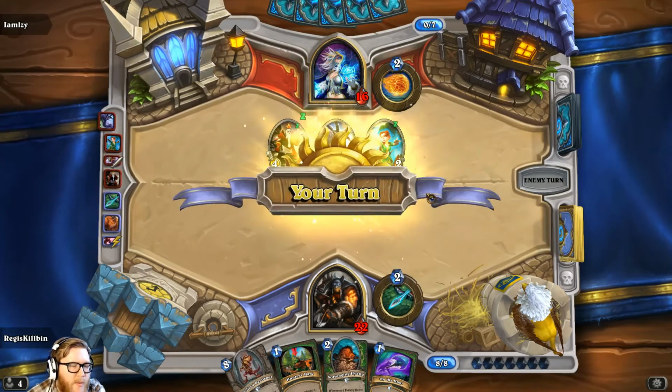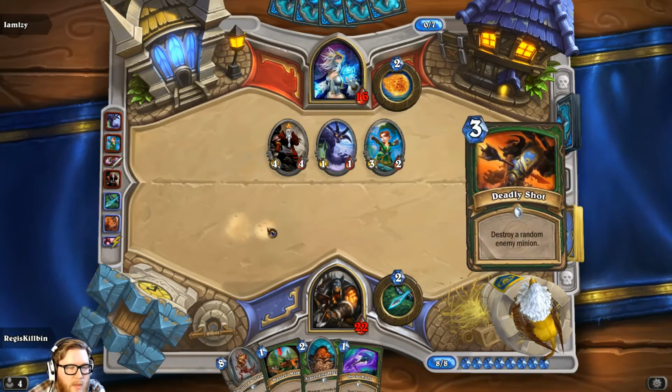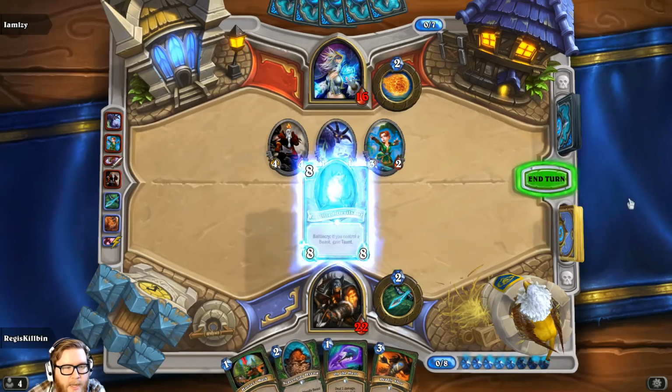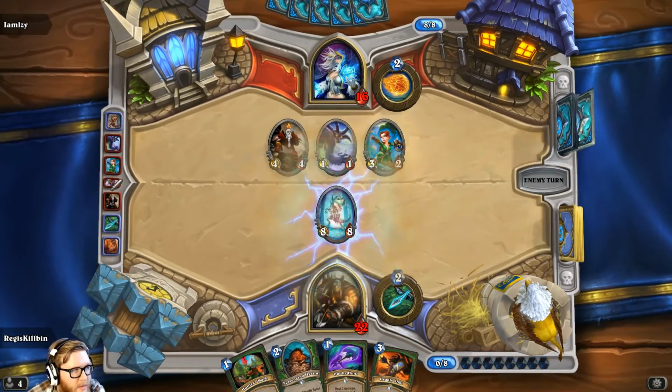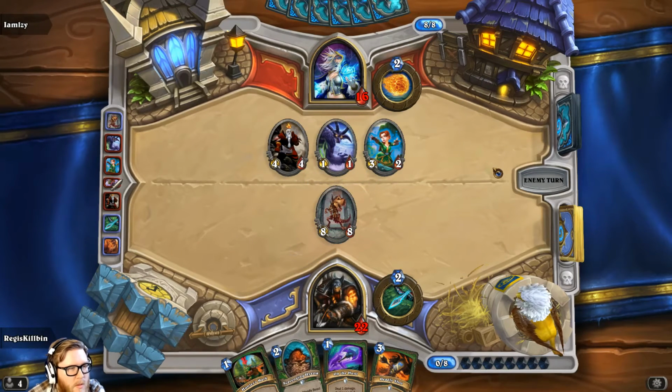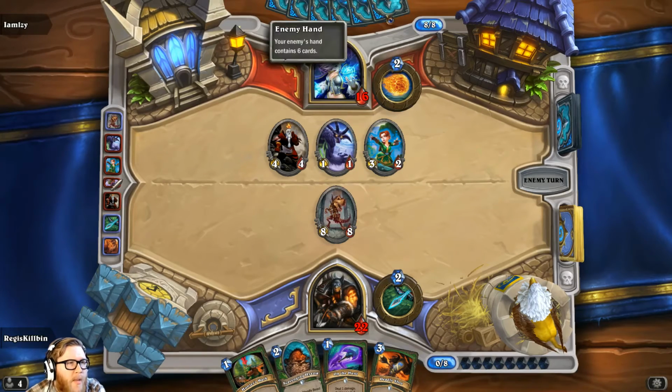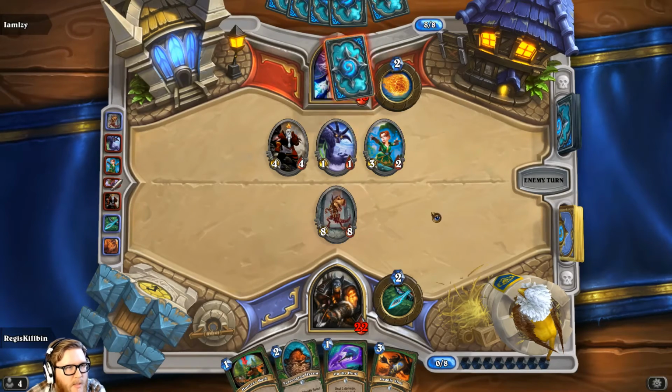Just keep playing dudes, it's no big deal. Deadly Shot's quite bad. I'll probably just play this as an 8/8. It doesn't need to have taunt right now, so the difference is marginal. He's been doing a lot of trading up and stuff. I don't think he has removal spells, so...